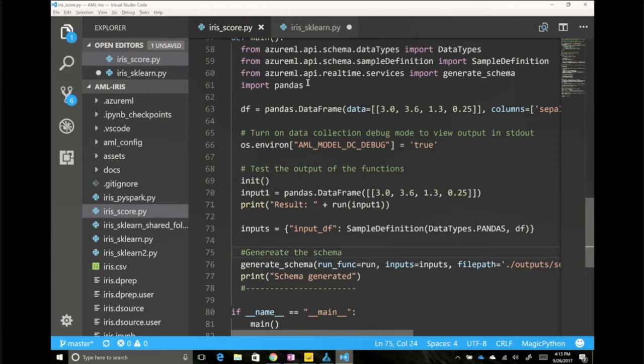This file has two important components. The first is this init, an initialization. This will run only once when the service gets launched, right? Typical task there is to load the model. And if we ignore some of the other things here, basically you'll see that the init says,